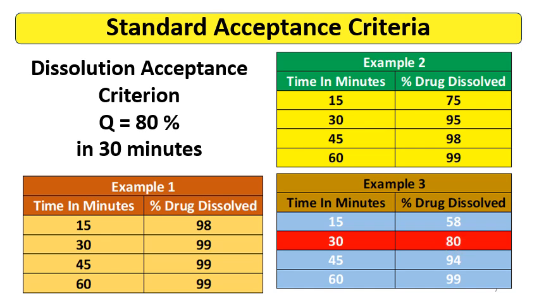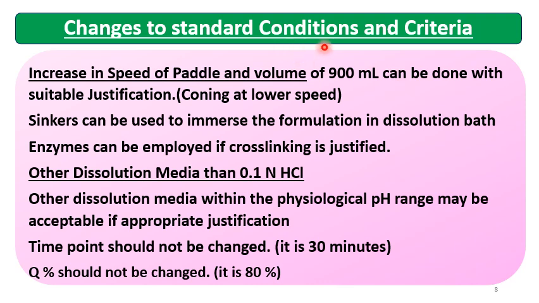So let's go to the changes to the standard conditions. Can we change the standard conditions and criteria? So let's see what changes can be done and what changes cannot be done and should not be done. Can we increase the speed of paddle? Can we increase the volume of media? So yes, increase in speed of paddle and volume of 900 ml can be done